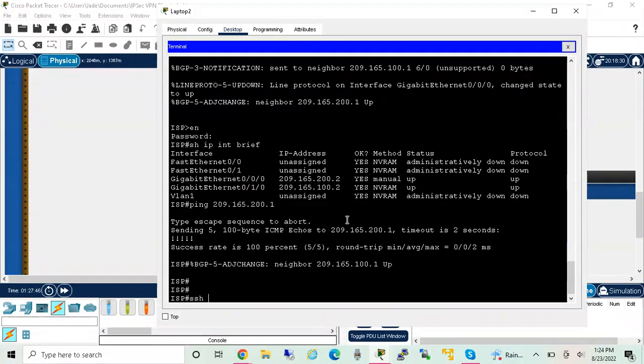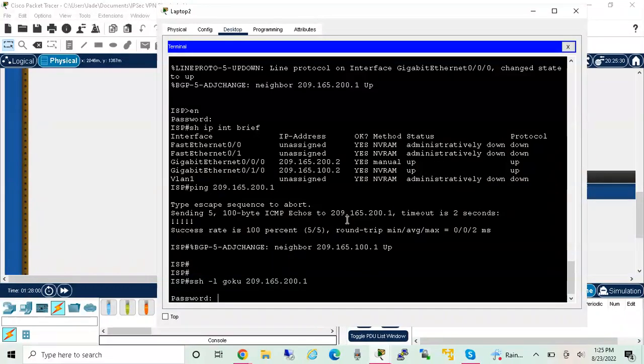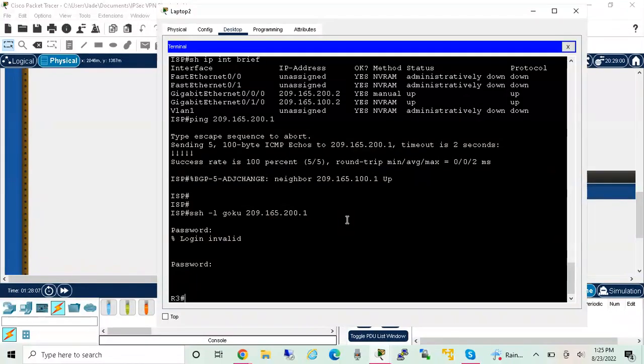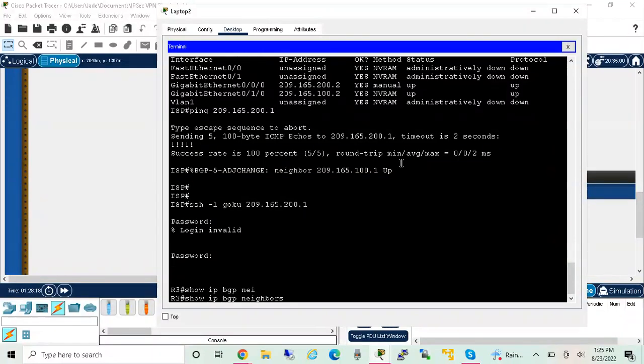So SSH -l Goku, and the address will be 209.165.200.1. Password is Cisco. Yes, we're in R3. So yes, we're there. We have BGP neighbor relationships going on. So if I say show ip bgp neighbor,